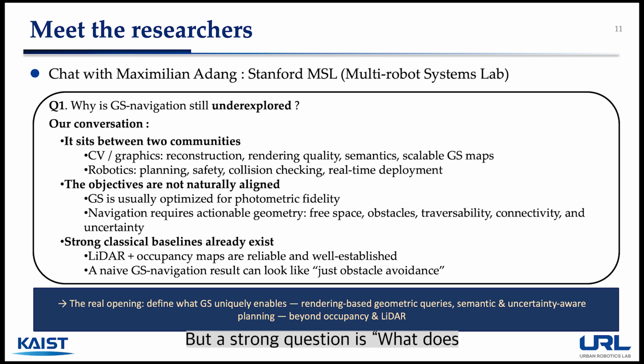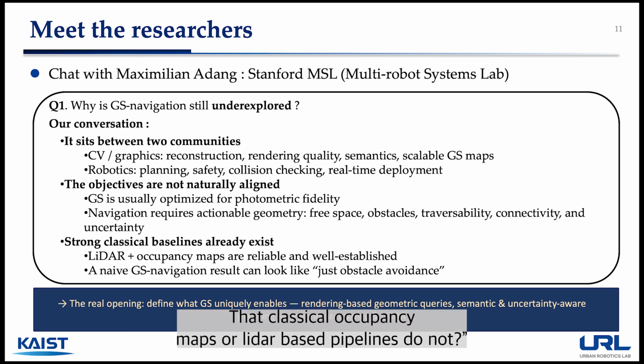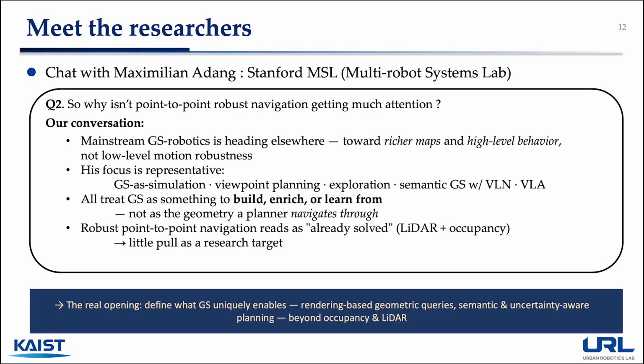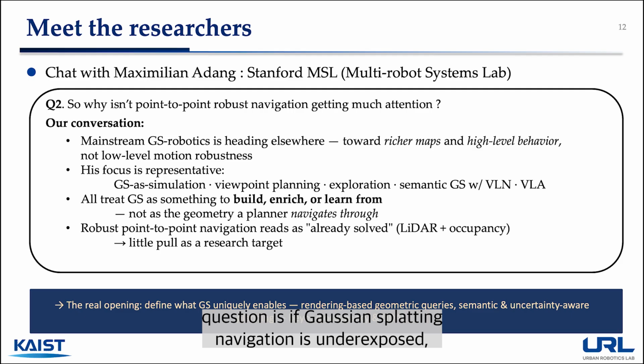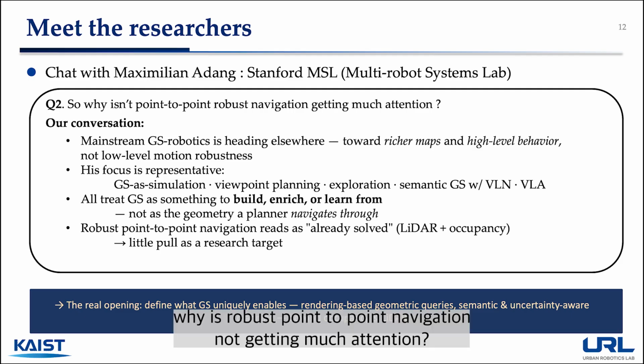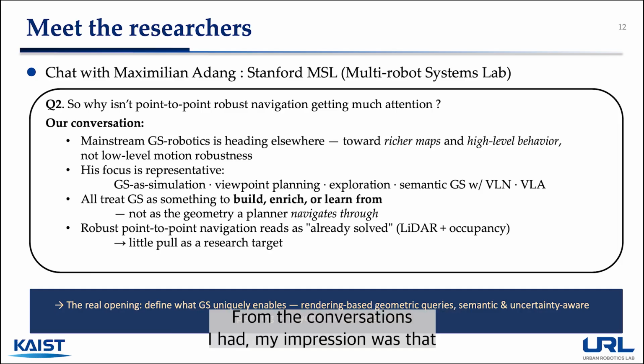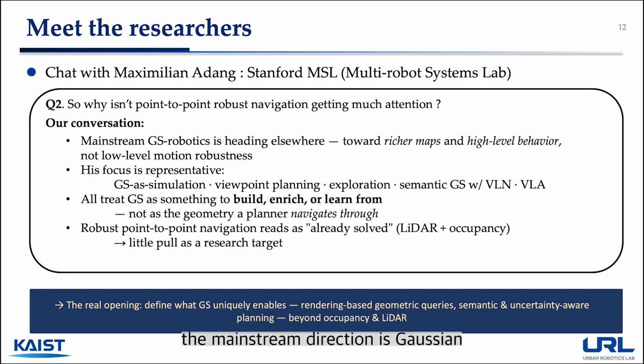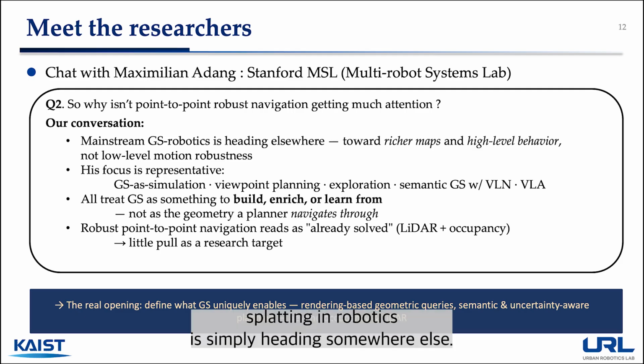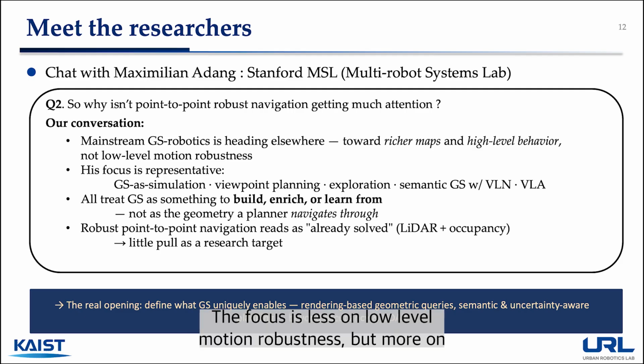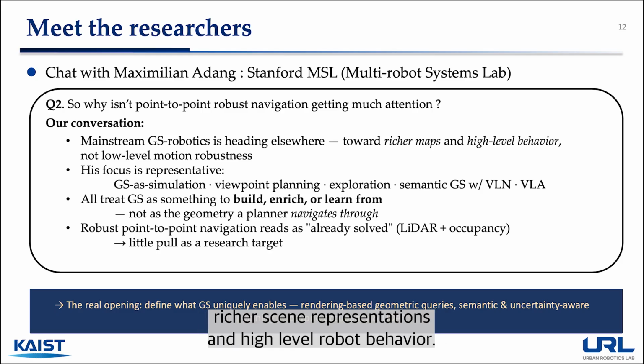But a strong question is, what does Gaussian splatting uniquely enable for navigation that classical occupancy maps or LiDAR-based pipelines do not? And the second question is, if Gaussian splatting navigation is underexplored, why is robust point-to-point navigation not getting much attention? From the conversations I had, my impression was that the mainstream direction is Gaussian splatting in robotics is simply heading somewhere else. The focus is less on low-level motion robustness, but more on richer scene representations and high-level